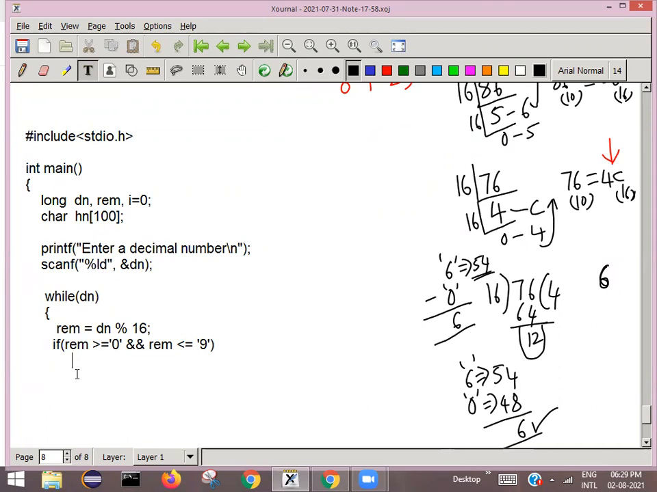Okay, you store it into the hn array. How can I store now? hn of I. Just see here, I write the logic: hn of I is equal to remainder. What happens? hn of I equals remainder. What is the I value? 0. In hn of 0,